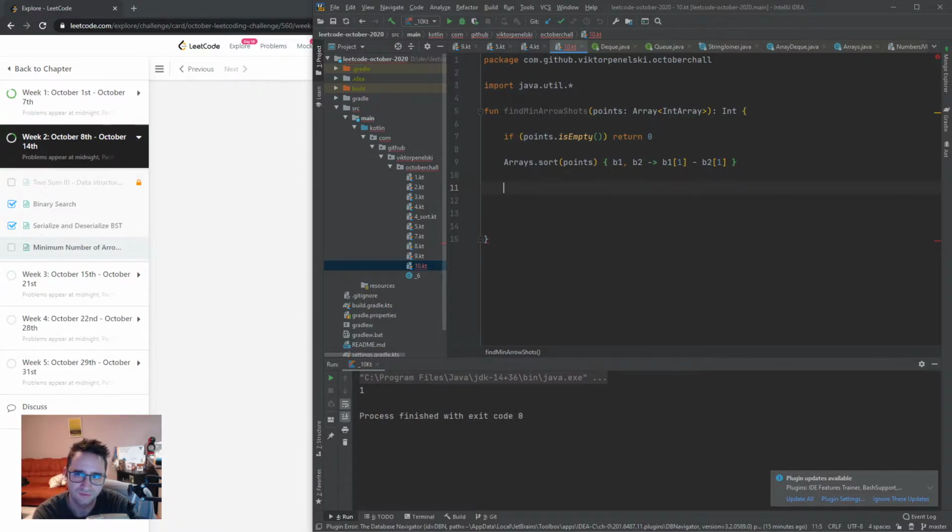So now I take the 0 point. I have at least one, I'm sure, because I did the check. So var end, I guess I'll call it, is points[0][1], right? It's an array of arrays. So the 0 of the array, so the 0 balloon, its end coordinate. And now I want to do